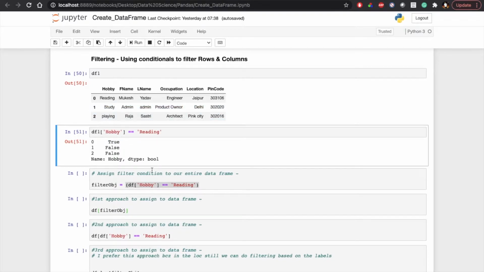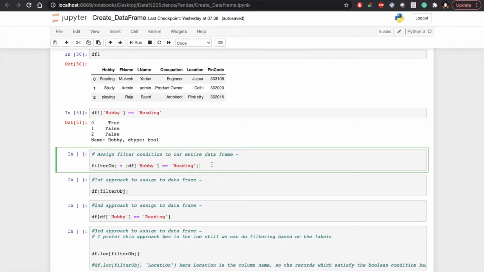But guys, what if I want to apply this filter condition to our entire data set? Suppose we have a large data set with 40,000 or 50,000 entries, and I want to apply this filter on that. I'll show you this filter on the large data set. Just to make it clearer, I passed df hobby column equals reading, and stored it inside a variable called filter object.